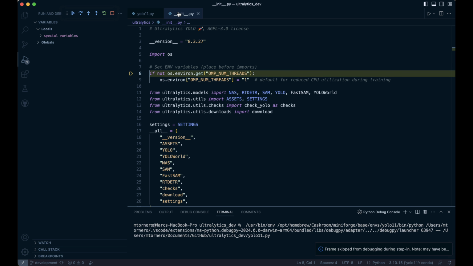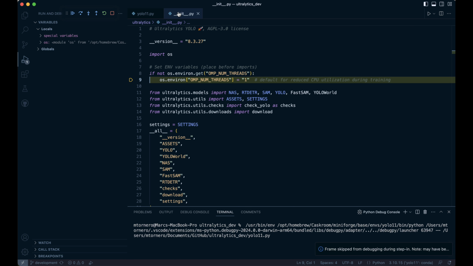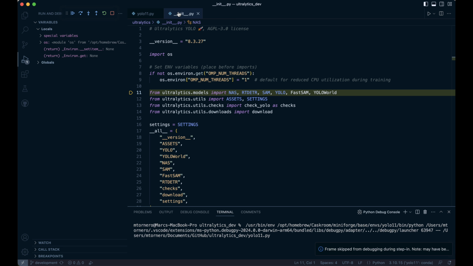After that, we use the OS library to set an environment variable, OMP_NUM_THREADS. If this variable isn't already set, it assigns it a default value of 1. This setting can help reduce CPU usage by limiting the number of CPU threads used, which may optimize performance in multi-threaded operations. Finally, YOLO is defined in the ultralytics.models subfolder, so Python will look in that submodule for another dunder init